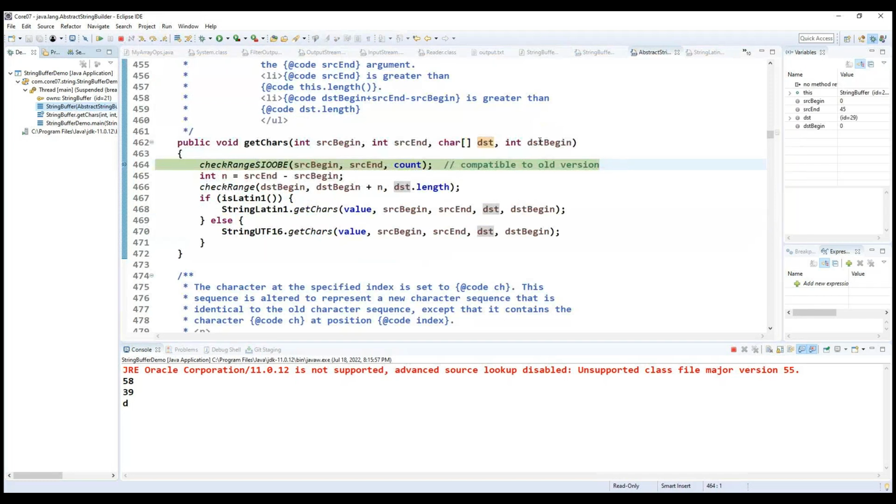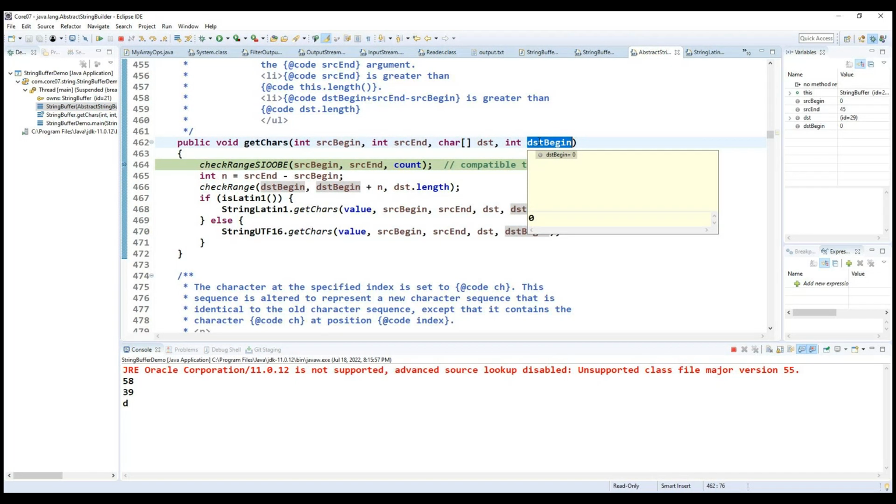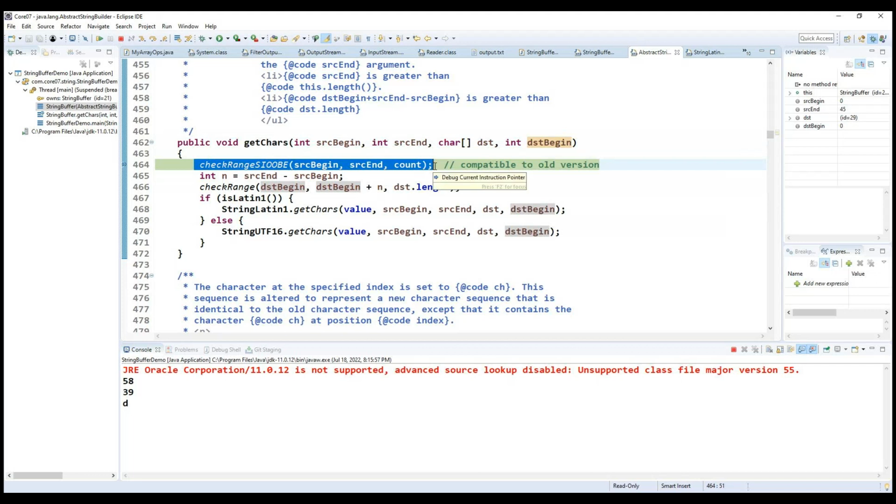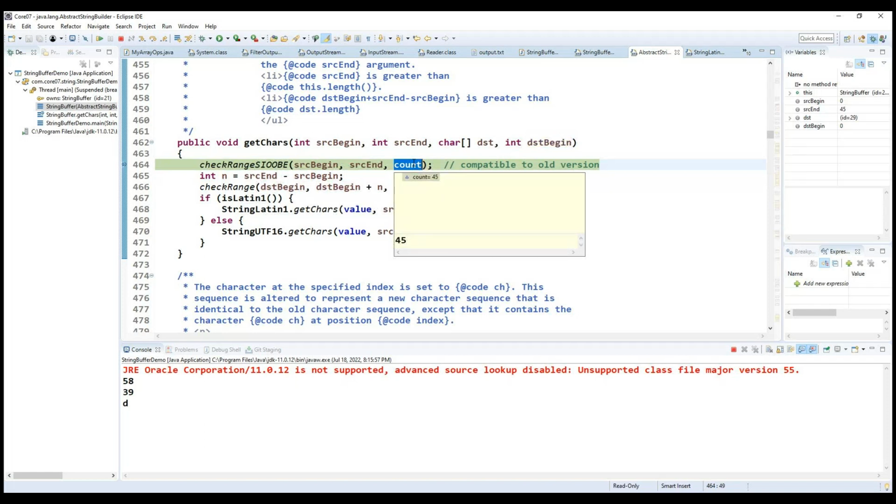After this, now what I'm doing here, I'm trying to provide the destination begin as 0. Now we are trying to check some range here. So we are checking this particular range. This is the important range check we need to understand, how it is working internally. Now if we observe, what is the count right now, how many values we inserted, it's like a length here. These are all the values inserted into this particular